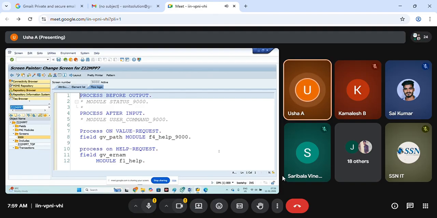In the checkboxes, minimum selection is 0, maximum selection is all. But in the radio buttons, minimum selection is 1 and maximum selection also 1 only. Clear the differences? Yeah, ma'am. Then I will show you how to create checkboxes and radio buttons in the module pool programming.